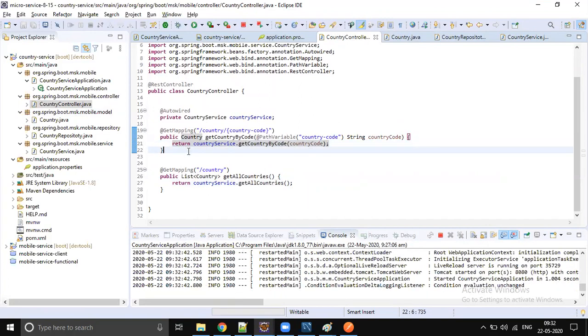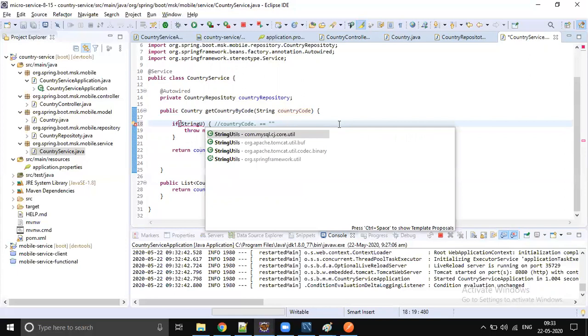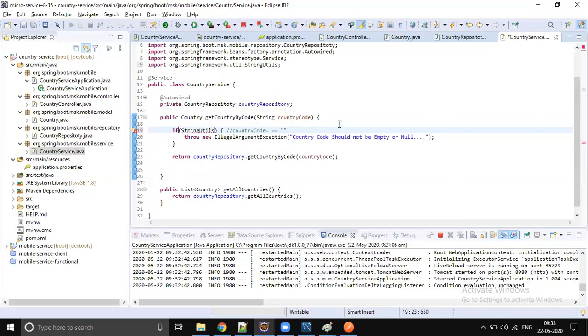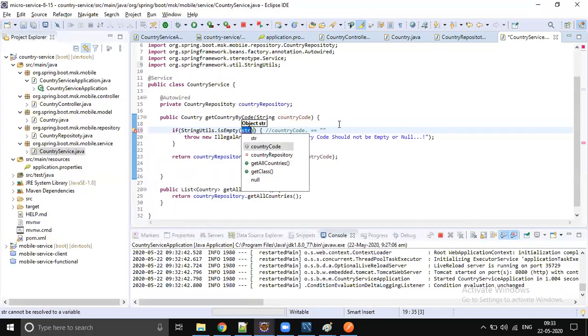So what I will do, let's go to country code and whatever the condition we wrote here, I am just checking the null and equal operator, right? Null and empty check. So instead of writing this, I'm going to use the existing predefined util class. Spring already has a class called StringUtils.isEmpty of country code.